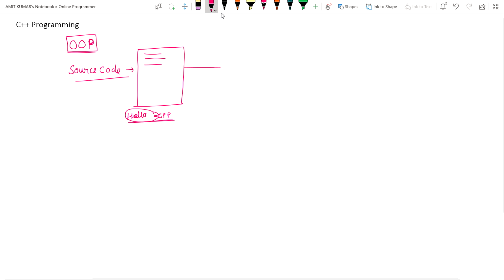This file is converted to machine code. Why is this converted to machine code? Because machines do not understand this language.